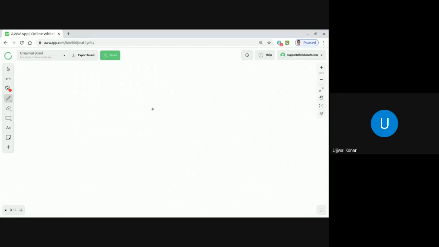So here the question is, if the minimum value of x square plus (a minus b) into x plus 1 minus a minus b is greater than the maximum value of minus x square plus (a plus b) into x minus 1 plus a plus b, then prove that a square plus b square is less than 4.